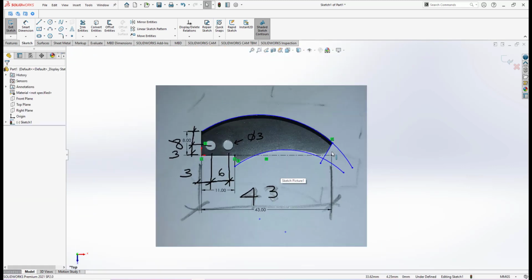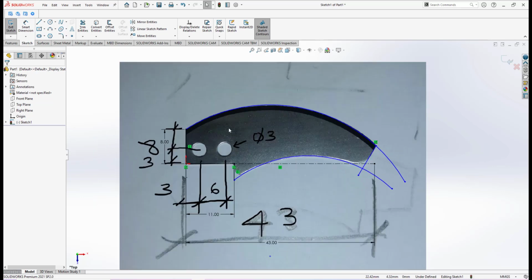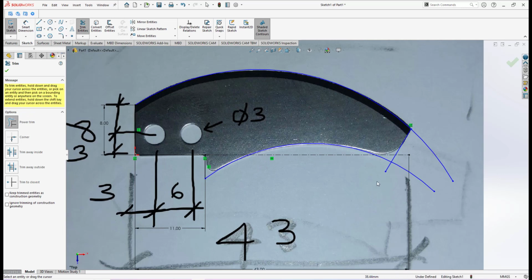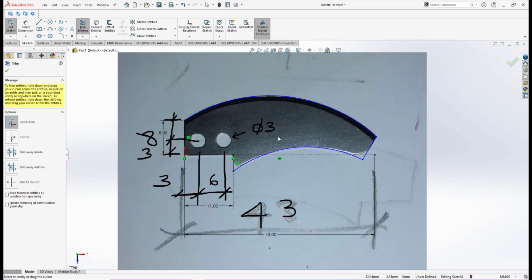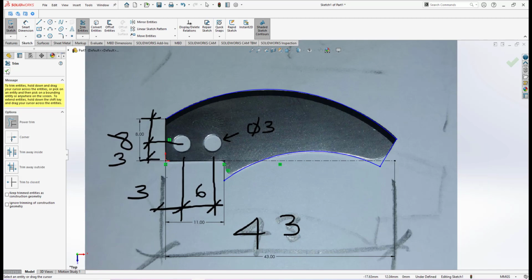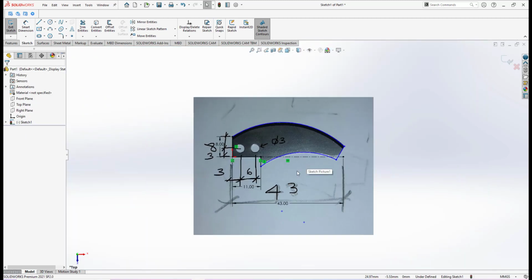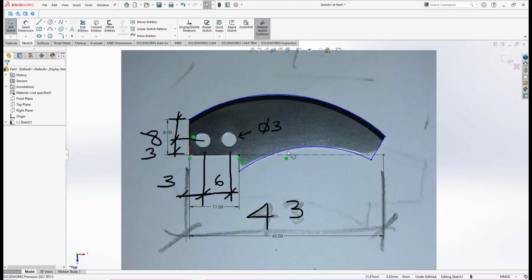Right, after I have the basic profiles of this blade, then I will do trim. I trim this portion here, this part and this part, so I have a rough shape of this blade. Now I have to make this sketch fully defined. As I know that the total length is 43, I will put the dimension from the origin to